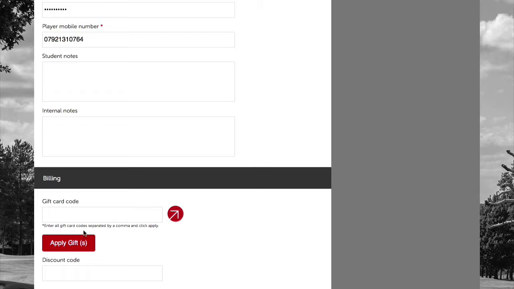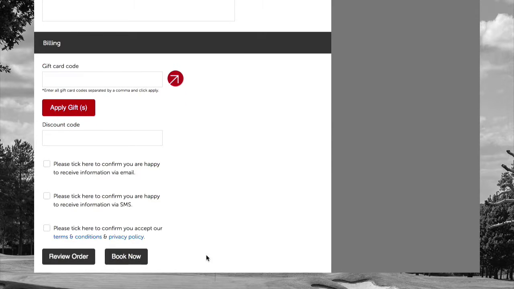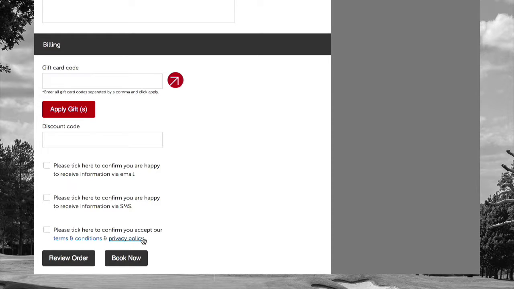We can go down now to the billing section and we'll leave the gift card code and the discount code blank. And we're going to go ahead and ask the customer if they want to receive information via email, SMS, and whether they agree to the terms and conditions and privacy policies. If you click these two icons, it will take you to the relevant page, and you can allow the customer